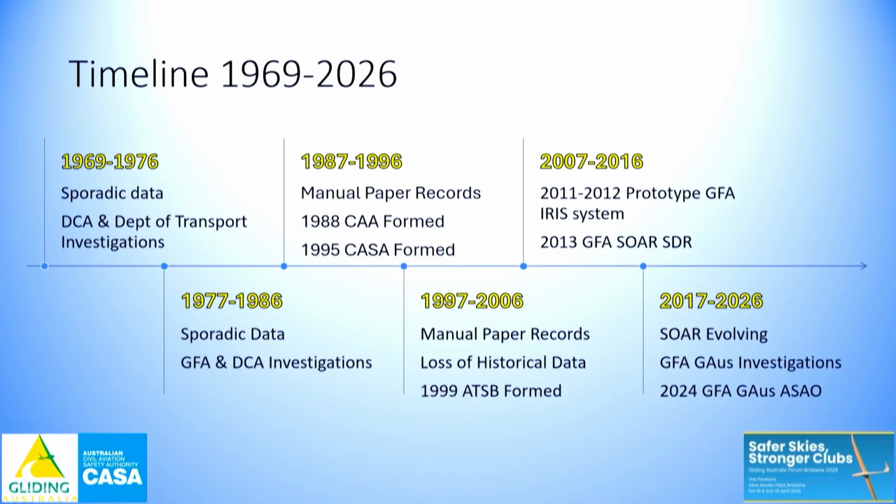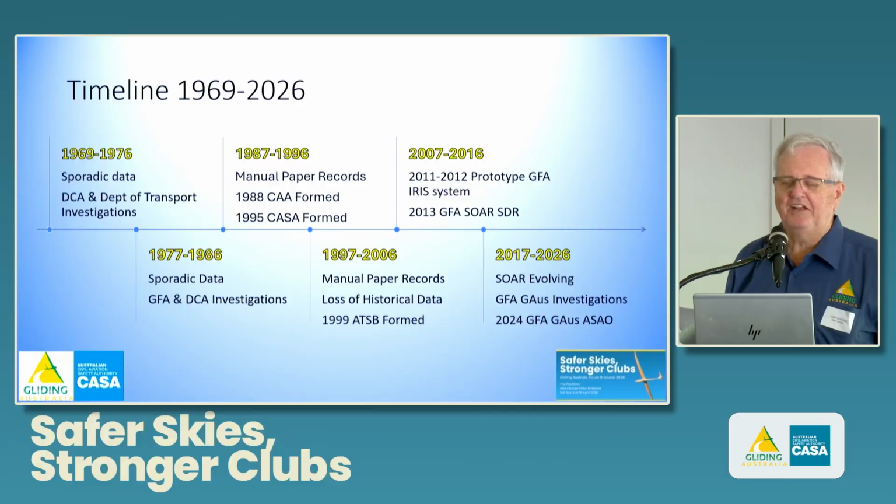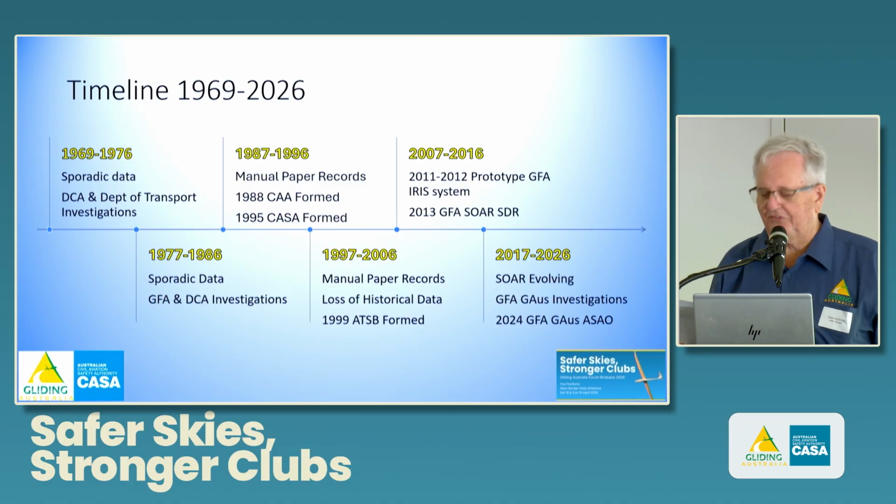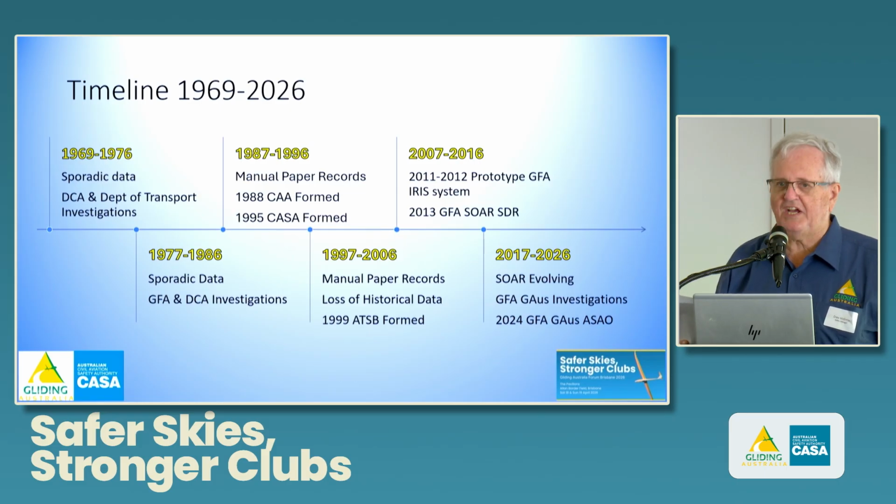In the 80s and 90s, we saw evidence of some concerted actions addressing high-profile accidents. There were notable tug upsets and winch wire collisions and mid-air collisions that had a big effect on the movement, and they drove changes in how we did things. We saw changes in our operating practices, radio, training, stall-spin prevention, winch safety. Now, the organisation changed. CAA became CASA plus Air Services Australia, and ATSB was later formed in the mid-90s, I think, and they started doing investigations and building capabilities, and we've had to adjust to that.